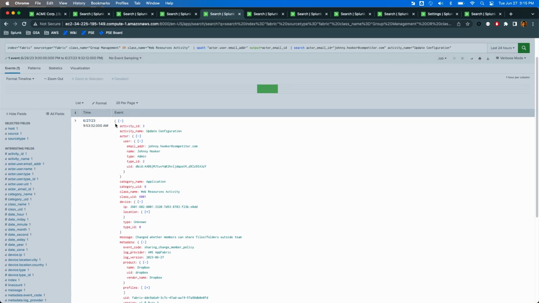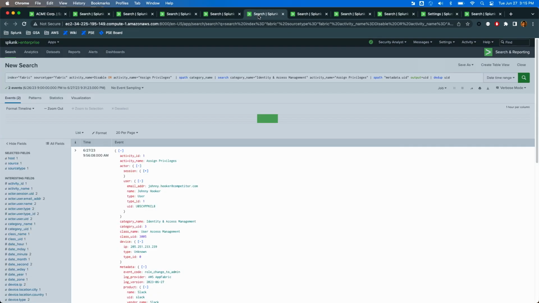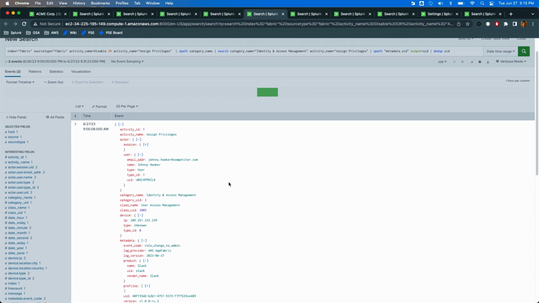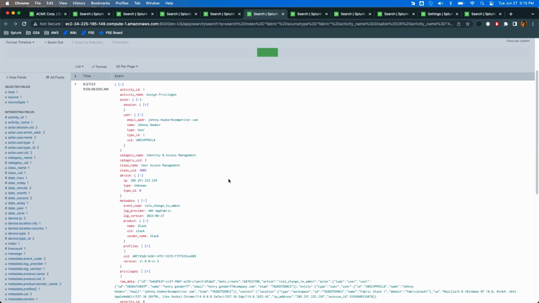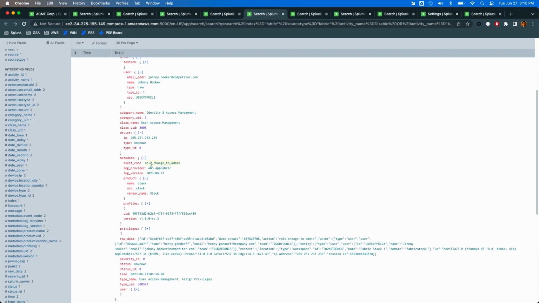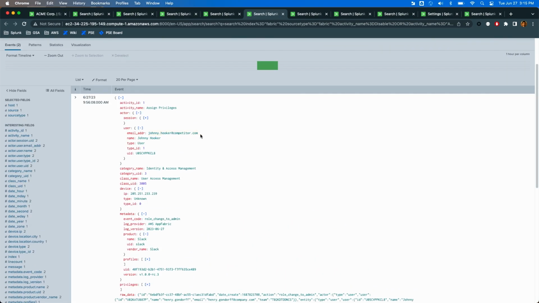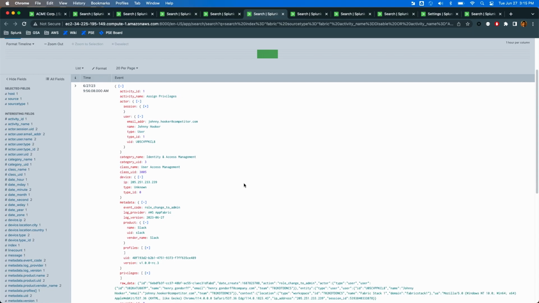She also notices the timeline of these events. She quickly jumps back to her overview dashboard, wants to take a look at the alert that she was actually notified about, which is the assigned privileges alert. The assigned privileges alert event is basically showing us that Johnny has used Slack to change his role to admin. Krista is suspicious about this because Johnny's email does not match the company domain,